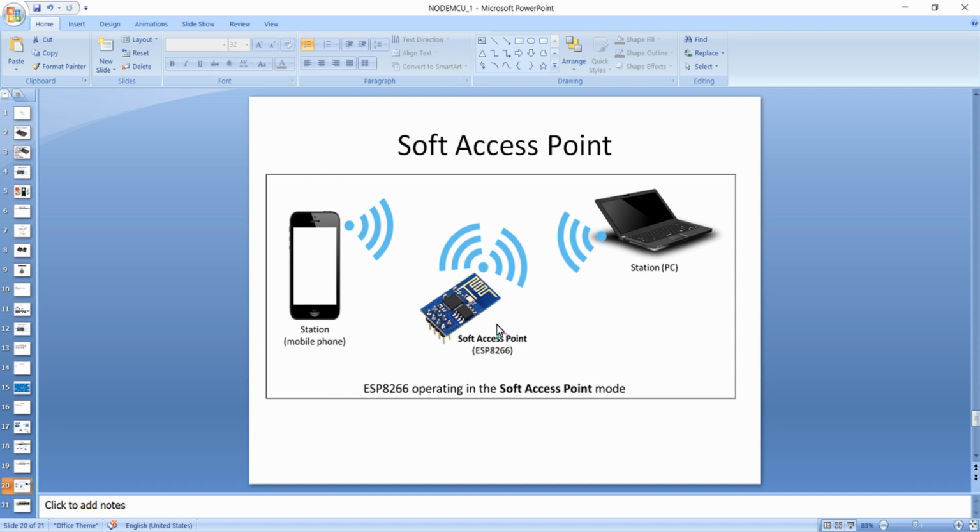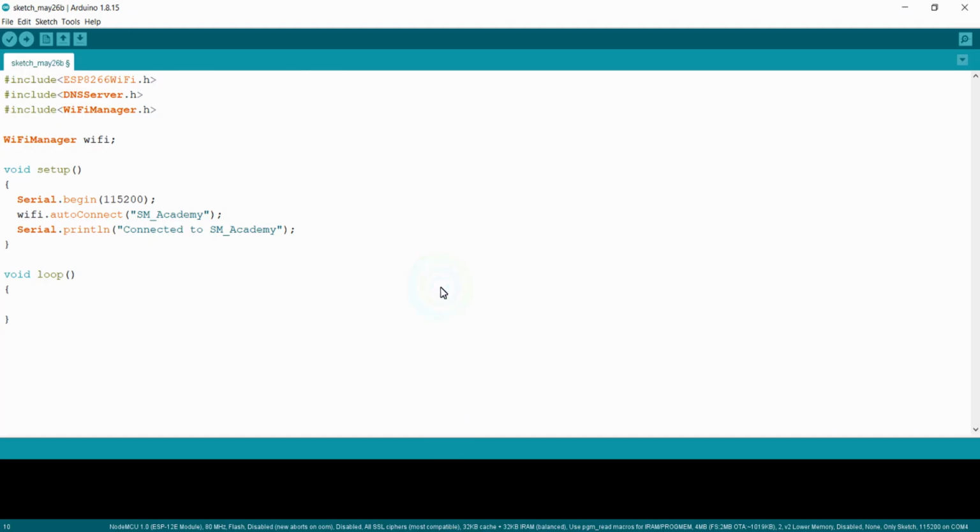Once the credentials are given to the hotspot established by this NodeMCU, the mode of the ESP8266 will change from soft access point to station mode, and then it will connect to the required access point given in the credentials. Let's try to establish that, then you will understand clearly.